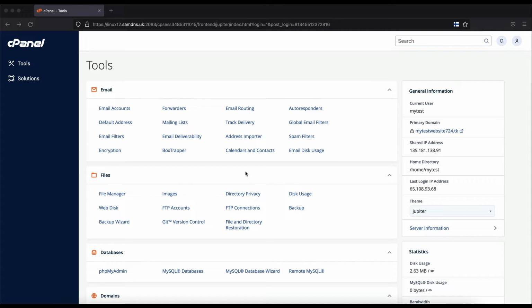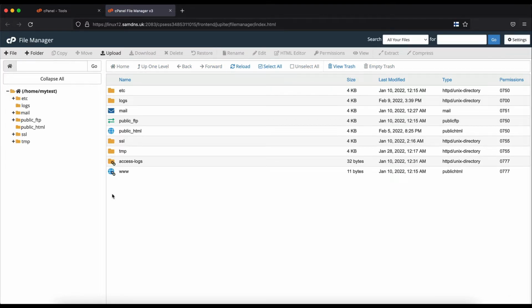In this video, we learn how to use the File Manager in cPanel. Okay, after the login, you see this panel, and in the file part, click the File Manager. Open the new tab. Okay,